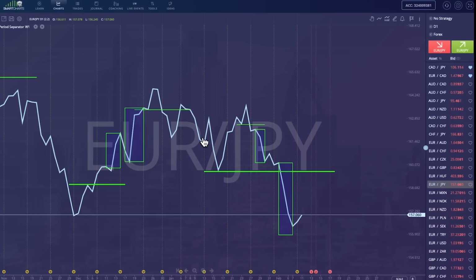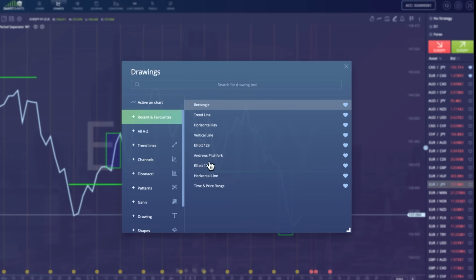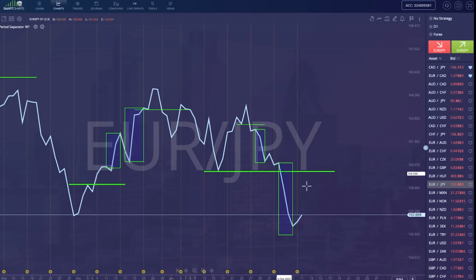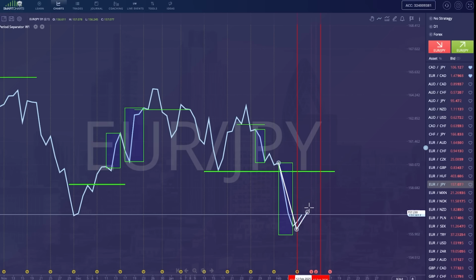Now, I've shown this in my other videos: analyze for the week ahead. So I like to use a period separator, which shows me each week. And let's say we're analyzing for this week. So this is the beginning of the week. What do you speculate could happen based on this structure? In simple terms, you might think this is going to happen. Phase one, phase two,